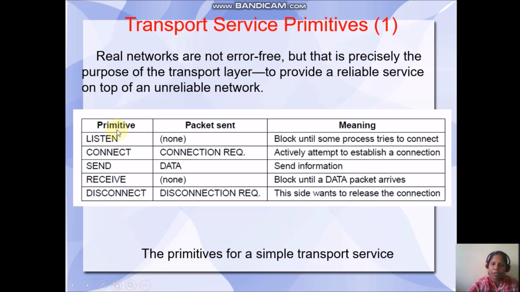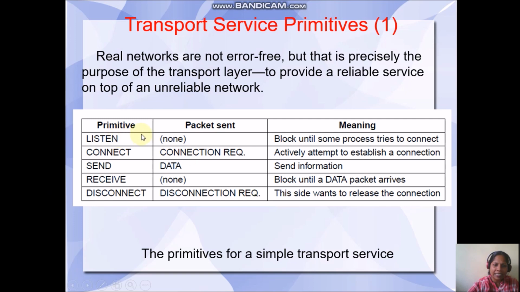Primitives means the functions we are using for a simple transport service. Listen. Listen is from the server side. A server waits for a connect request from a client. Until a client makes a connect request, the server will listen.